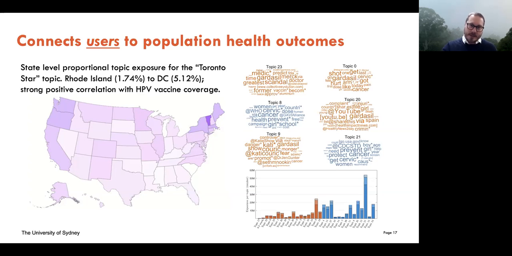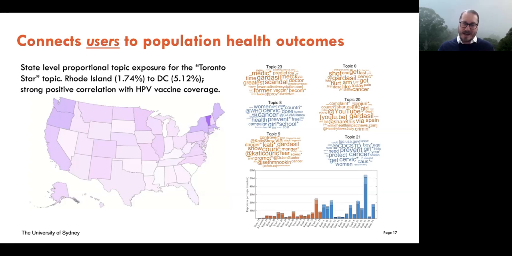In particular, on the left-hand side, I just have an example of what the relative exposure looked like for a particular topic. And this happened to be a positive topic. It actually started out as something quite negative, where Toronto Star gave a platform to someone who was anti-vaccine, and then quickly reversed it, and then came out with a series of articles around the safety of HPV vaccines and the importance of HPV vaccines, and